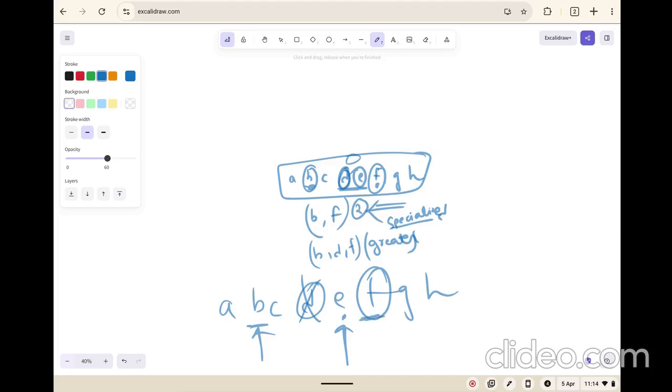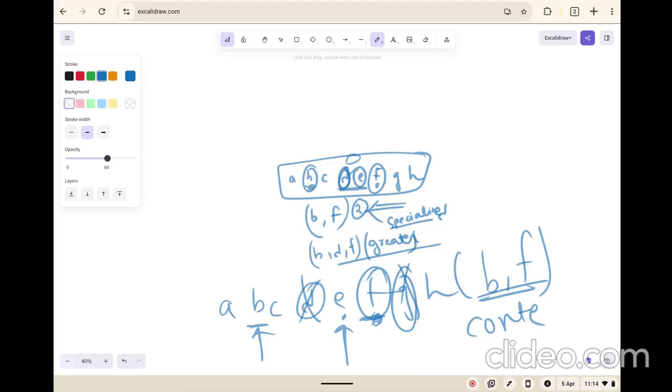Can you skip this F? This F was already not a contender, right? Then you will say, okay, I will skip this G. So again, B and F are only the possible contenders, and this is only two. And we have seen that three is a possibility. So this will fail your test case of the first condition, right? That the specialized index should be maximized, and you are not able to make it three. So you will fail. So ultimately what you understood from this place is that you can skip only one element,